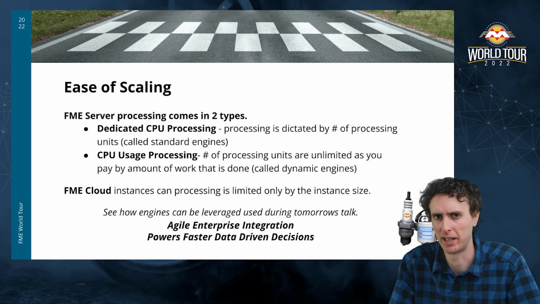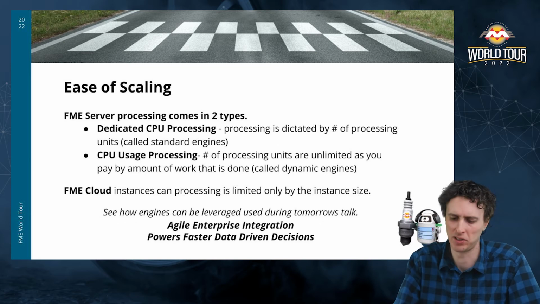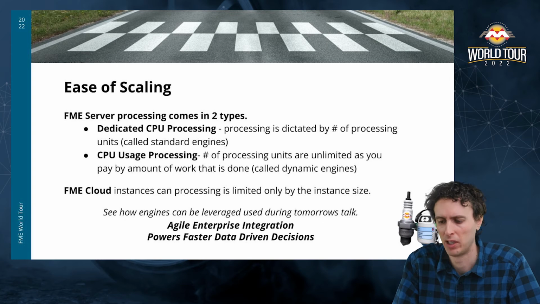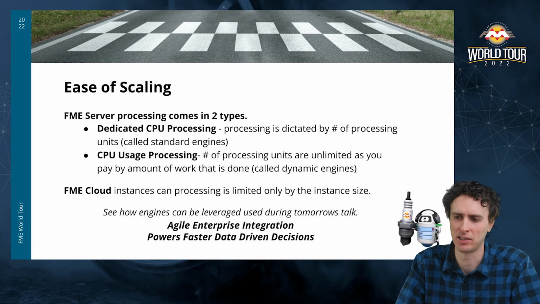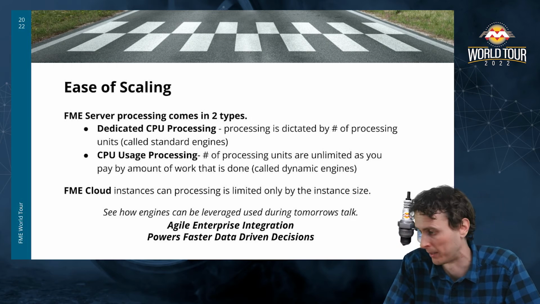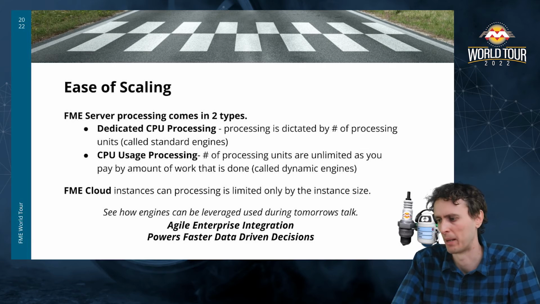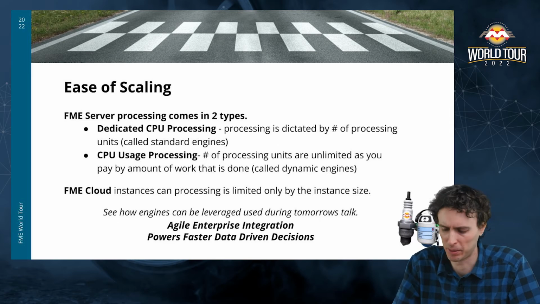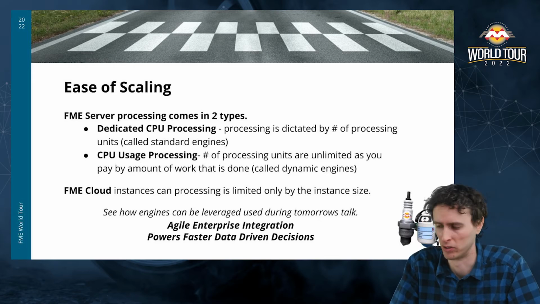More and more people are signing up and purchasing dynamic engines, and dynamic engines is based on CPU time. So you purchase, say, 5,000, 10,000 hours of credits, and then you can have as many engines as you want that will connect and they will use the credits up over time. This model is very, very well suited to when data processing varies. For example, you might have a large spike in data processing once a month where you scale up 100 engines and you're only going to pay for the processing time that those 100 engines use.